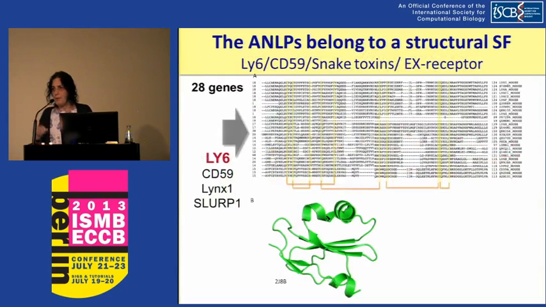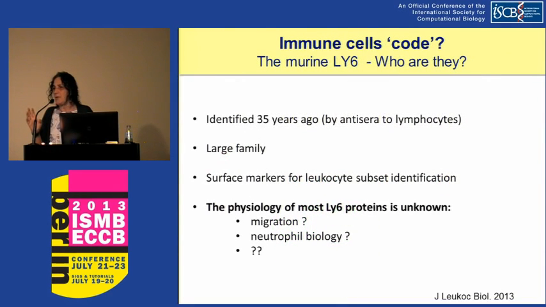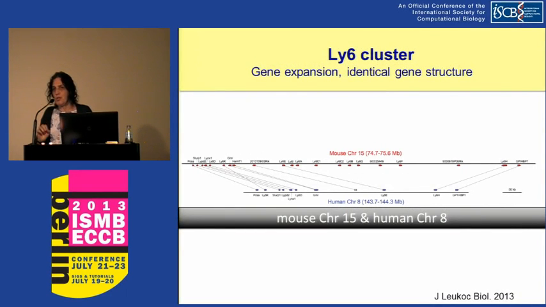Ly6 are 30 genes, again, so it's a little bit like a treasure hunt now. 30 genes in mouse, they look like this. They have this fold that I showed you. They were discovered 35 years ago with no information about their function, basically, but it is used as a surface marker for all kind of function definition. So this is from a review from last year. But again, all those 30 genes are also organized in a very nice cluster at the chromosome. It's another chromosome from the one that I showed you before.